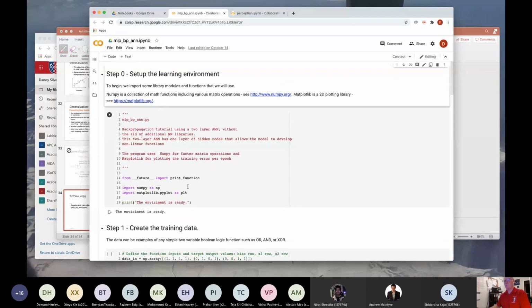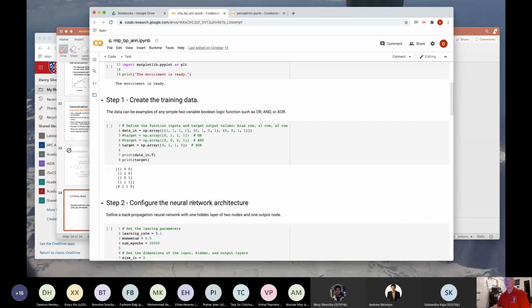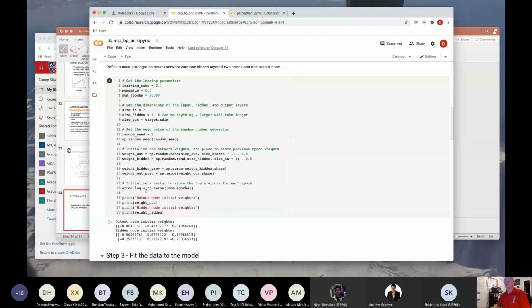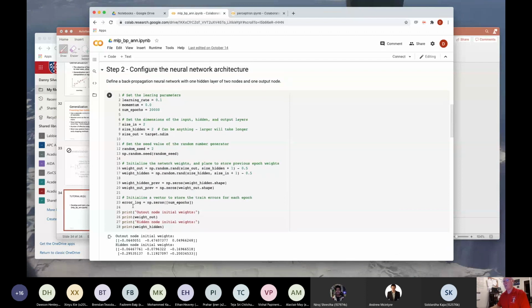The first section, as it says here, is we set things up exactly the same as the perceptron. We set up the training data in the very same way. But notice that we're going to work immediately on the XOR problem. So this is our nonlinear problem where our outputs are 0, 1, 1, and 0. Now, this is the configuration of our network. As you can see, it's a lot more complicated. We're going to train for a longer period of time. We've got our momentum term here, that was the alpha. We're going to leave it at 0 initially. And our learning rate, we're going to set to 0.1. That's typical of the learning rate, or even smaller. Smaller learning rates never really hurt, other than the fact that it takes longer to train.